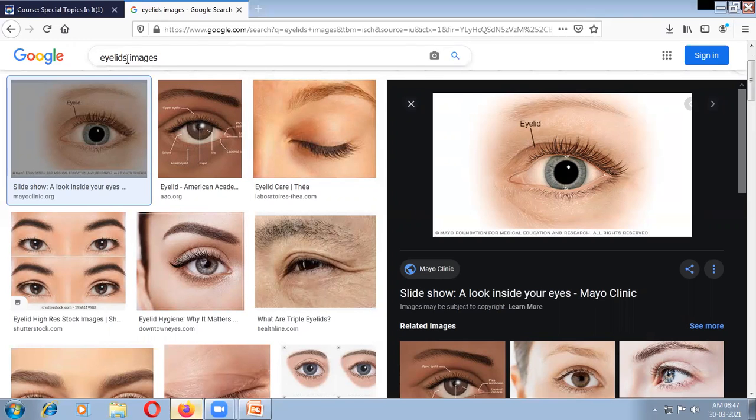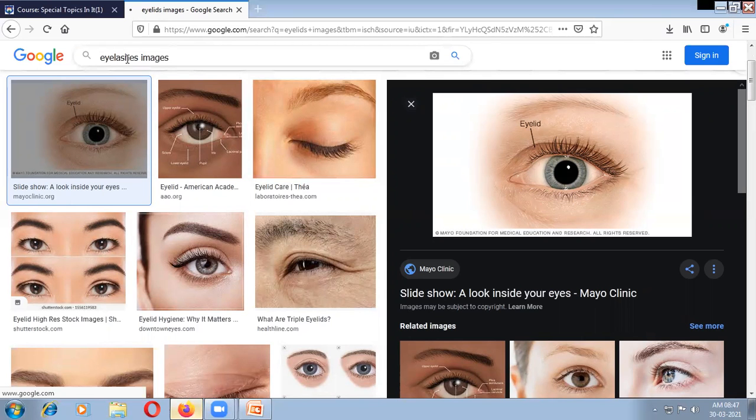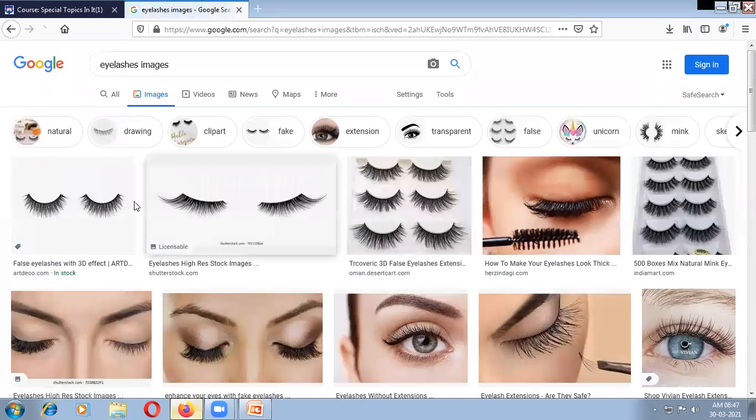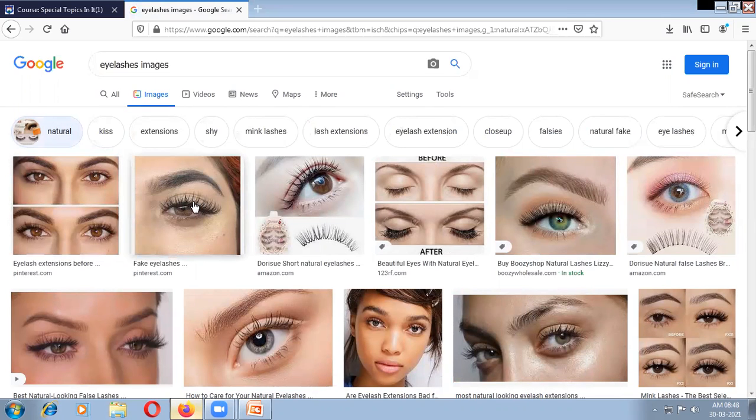What do you mean by eyelash? The eyelash image is the hair above the eye. So what is the problem for the identification process? The identification process, probably it may appear in your iris image. Then due to the lighting conditions,